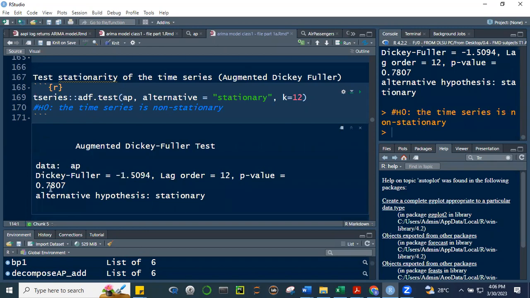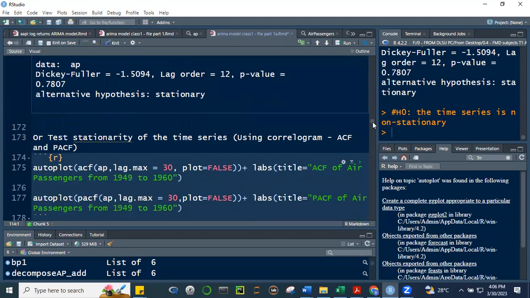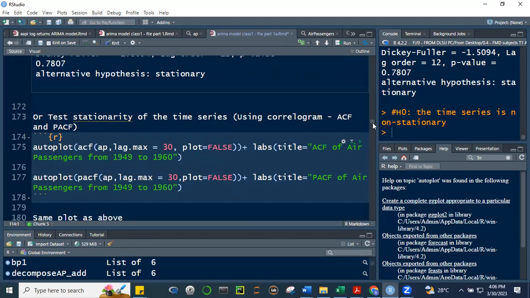Okay, what's our p-value? 0.7807. So we fail to reject the null hypothesis that the series is not stationary. Not stationary nga siya, no? Ang alternative hypothesis niya, stationary. So here we were able to prove that our series is not stationary. So kung not stationary yan, hindi natin pwedeng magamit kagad